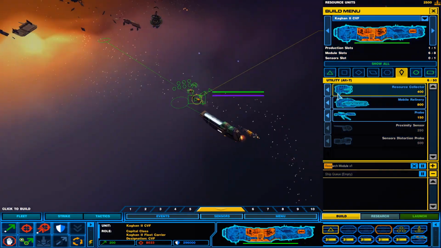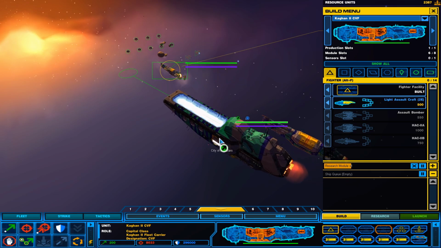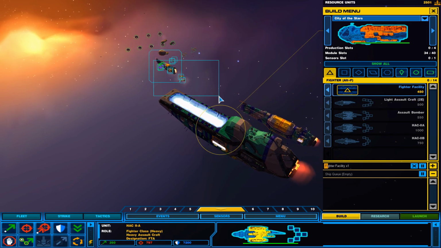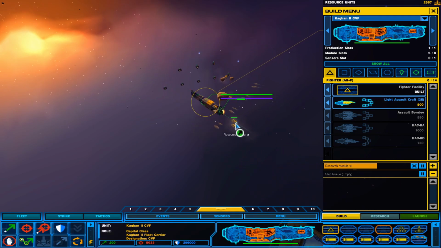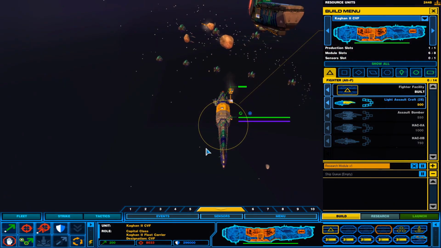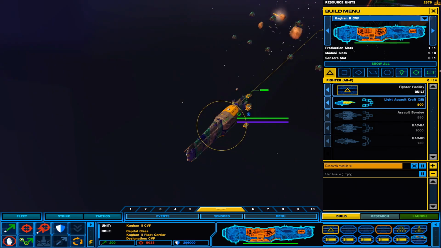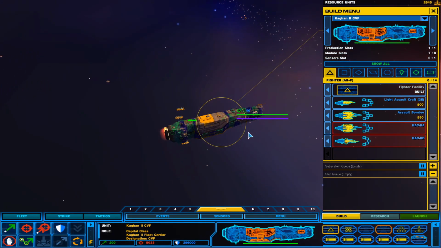Carrier fighter facility complete. What did I build? I did build a fighter facility on my carrier. Interesting. So, for fighters, I think in the future I'm going to be doing a ship showcase series to go more in depth on these ships. I don't really want to do it right now because I want to show off the Vaygr and see if we can actually defeat the enemy. But basically,